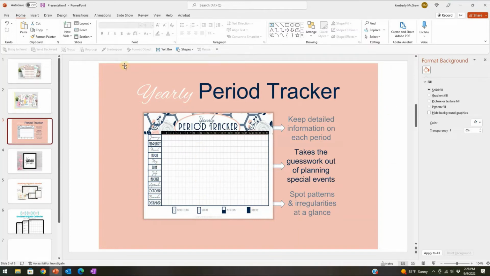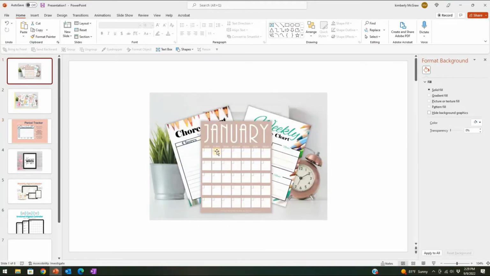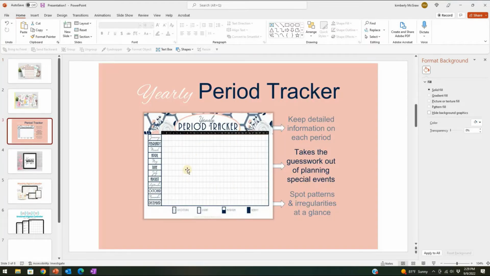I like this, it's not a mock-up, but I like this imagery because just looking at the printable, you might know what it is, but this really kind of takes it home for you. So I love this style. These here are pretty self-explanatory. You don't have to worry too much about it. But something like here, where it's a little more in detail, you might want to know a little bit more of what this is. So these are the 3 ways that I would add my printables to a picture or